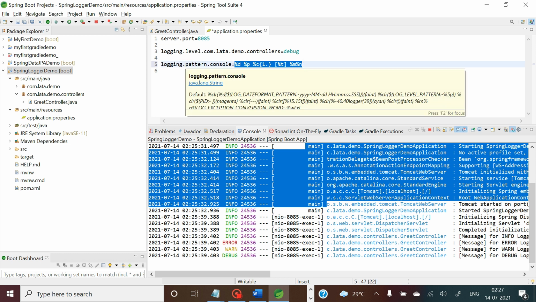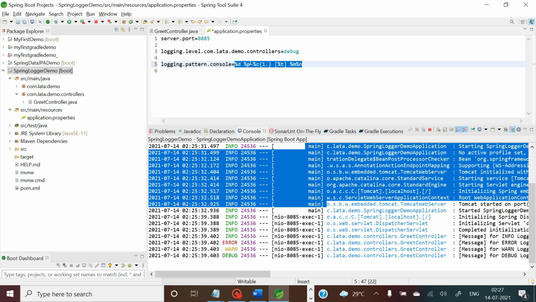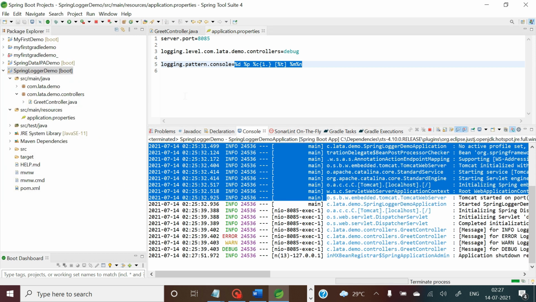For the pattern you can explore, there are different patterns that we can use for logging. So this is one of them, and after writing this pattern I execute my application once again.